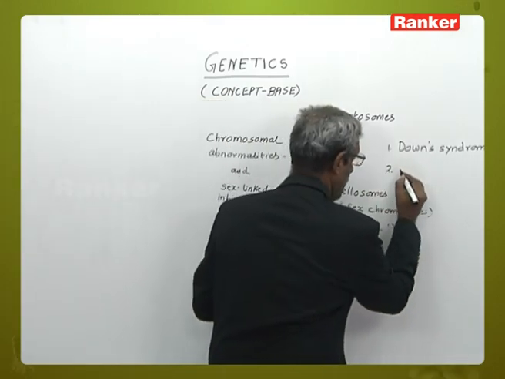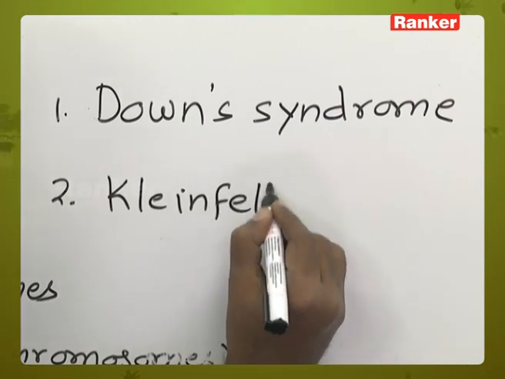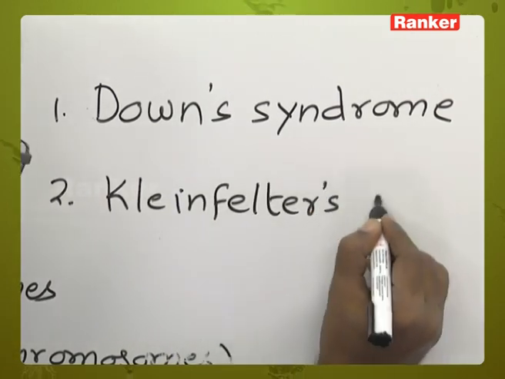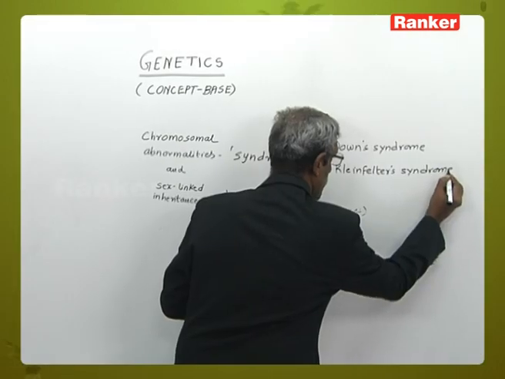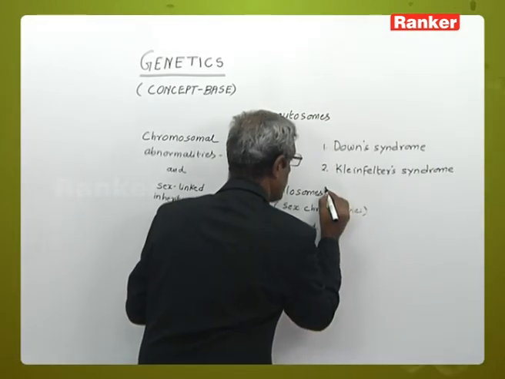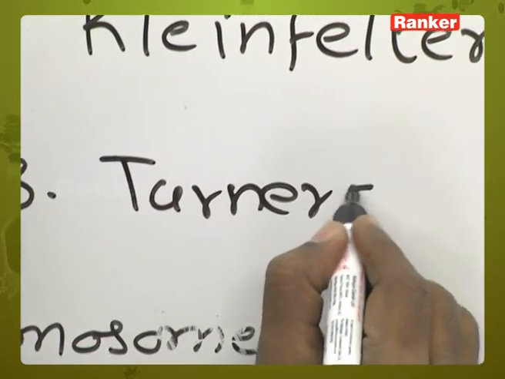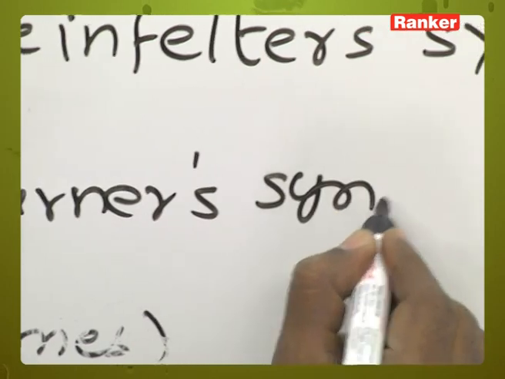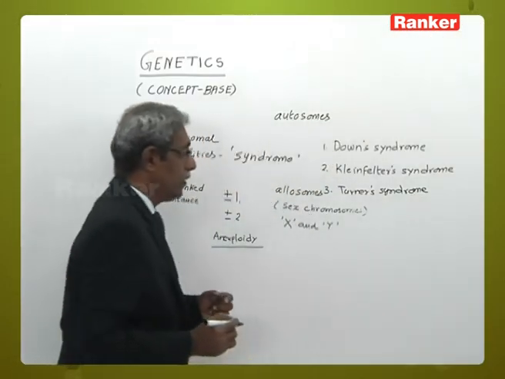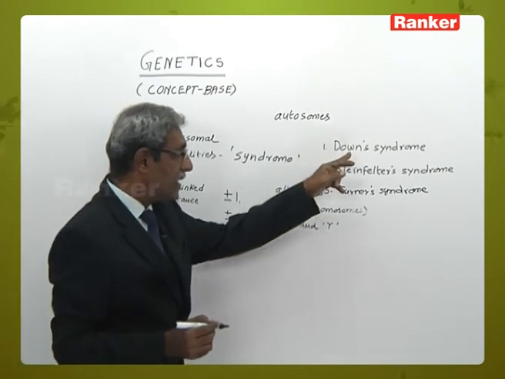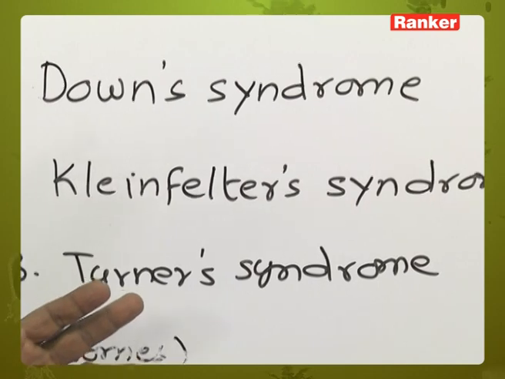Next, we have the Klinefelter syndrome. Later on, we have the Turner syndrome. So we have to make a comparative analysis of Down's, Klinefelter's and Turner syndrome, wherein we exactly know what happens